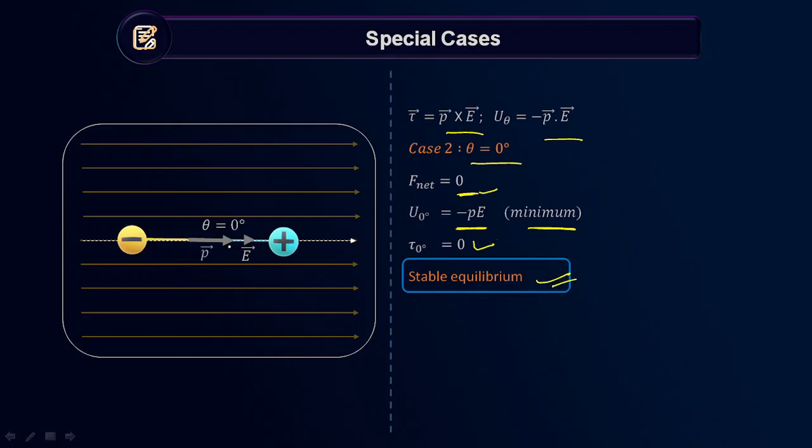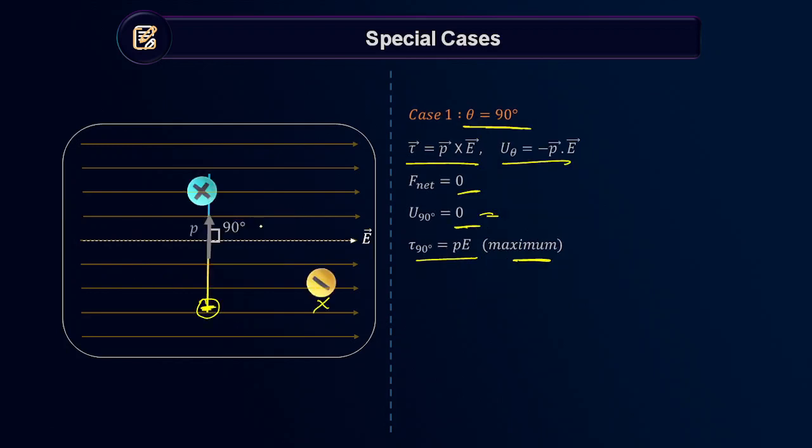Yes or no? From here now, if you rotate it a little bit, suppose like this, minus charge, plus charge, now force will act in this direction. So it will again try to align along the direction of the electric field. Yes or no? So that is a special case. In the previous case, if you simply displace it a little bit, what will happen? Force will act in this direction and it will rotate, right? Unstable equilibrium.